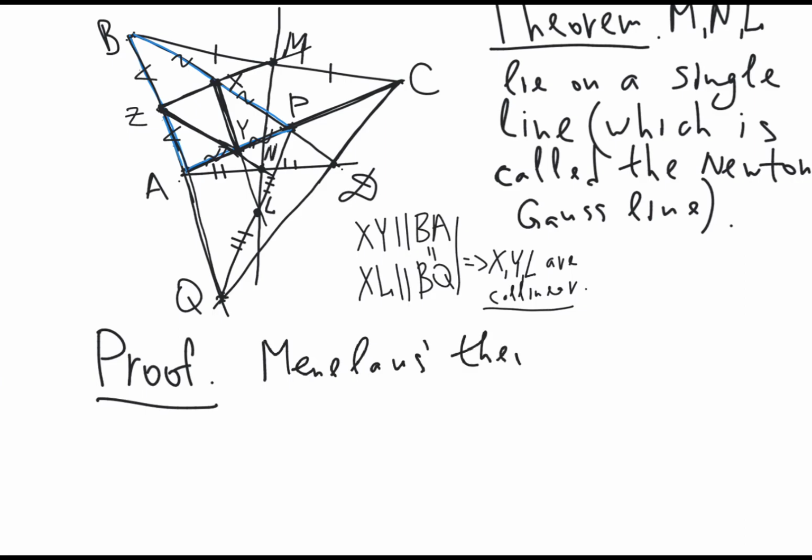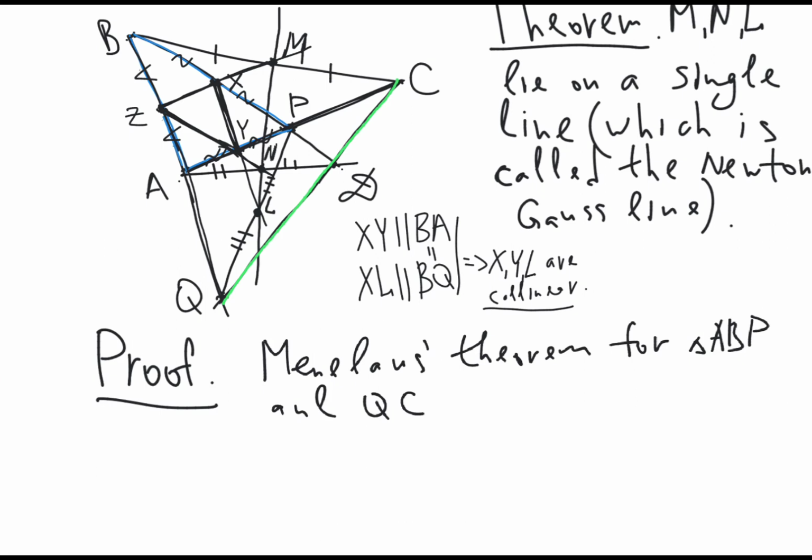Menelaus theorem for the triangle ABP and the line QC. So this line, let me select it in green. So for the blue triangle and the green line, the Menelaus theorem